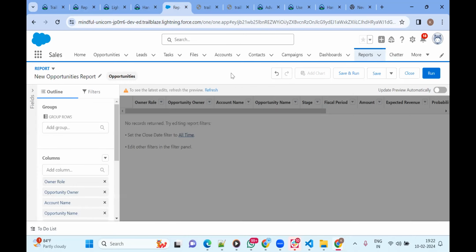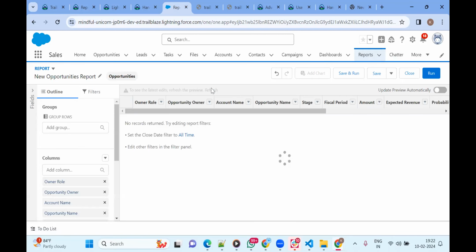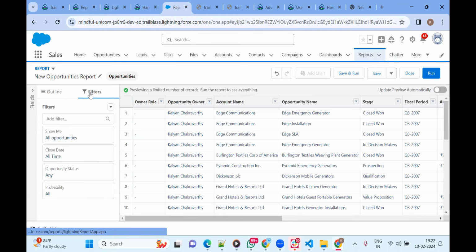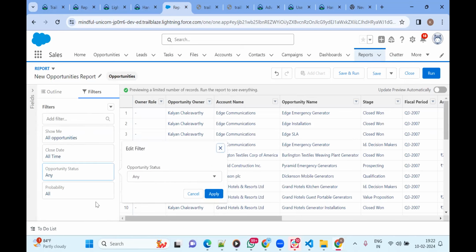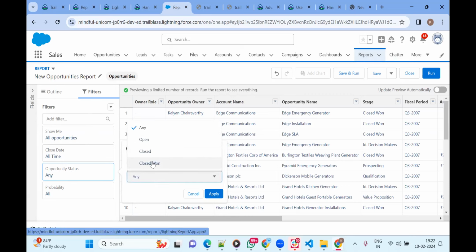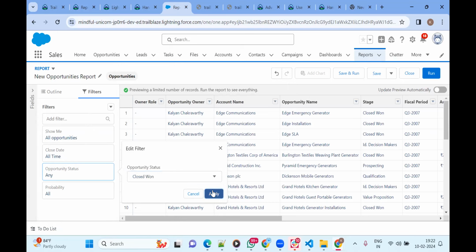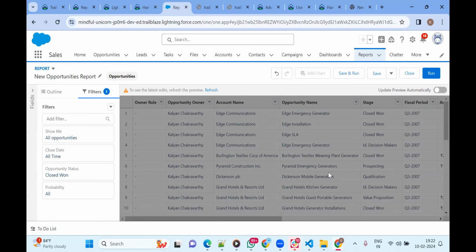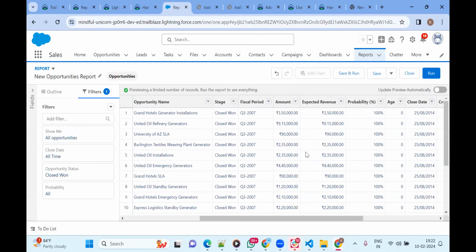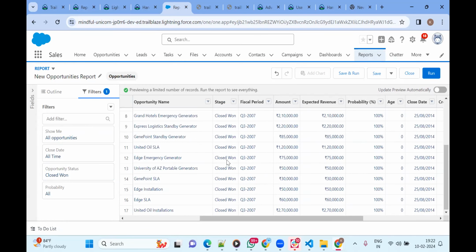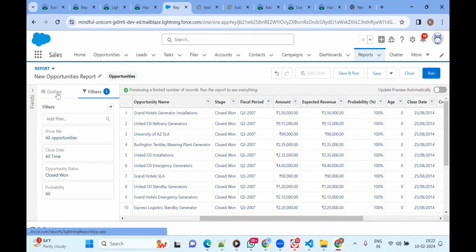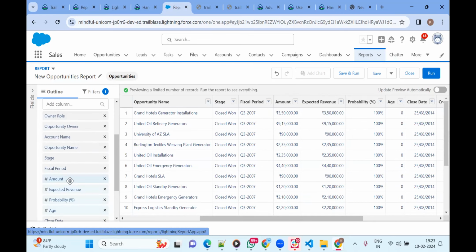Let me select all time. You can select this, or you can even select a filter here also. So I want opportunities here. I want to edit the opportunity status. Closed ones, only closed status opportunities I want. So now I got this report of the opportunities which are closed. Now let me filter it. I don't want all these fields. I just want